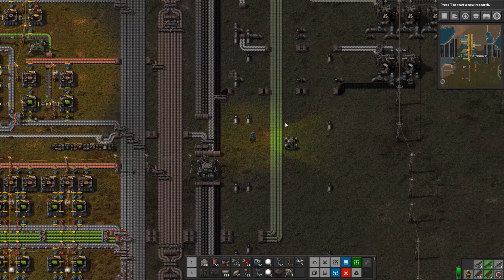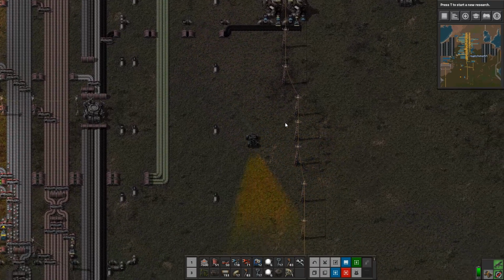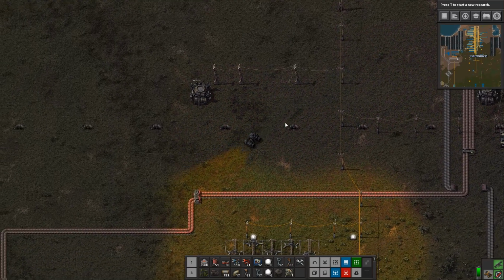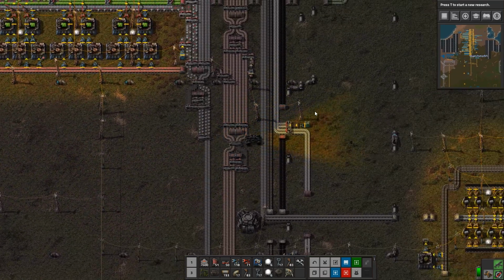So that's a little bit about the circuit network. That's getting the robots, again, a little bit more robust and a little bit more ready for the future. Next thing to do is to go start moving our smelting columns. You know what, while I'm up here, let me go ahead and grab some more